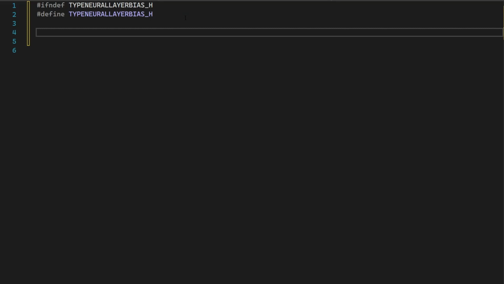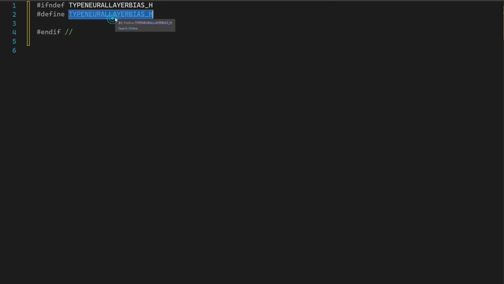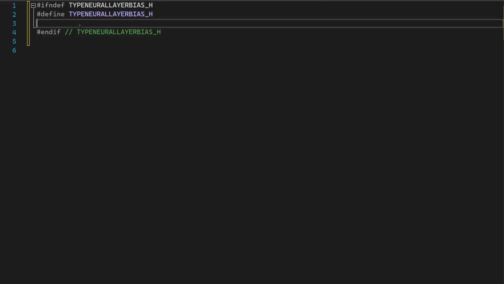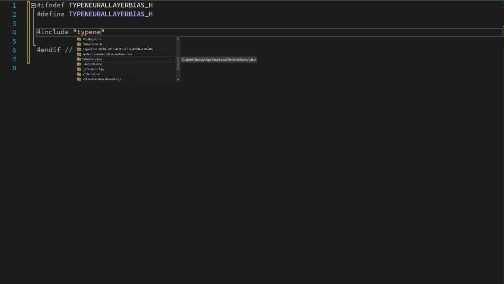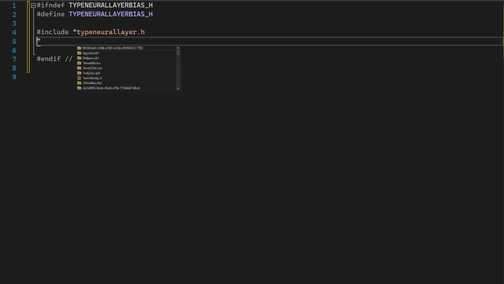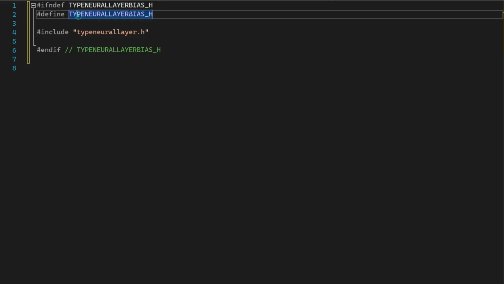Okay, and if. And the if. Okay, include type neural layer .h. Oh, wait, what am I doing? Okay,